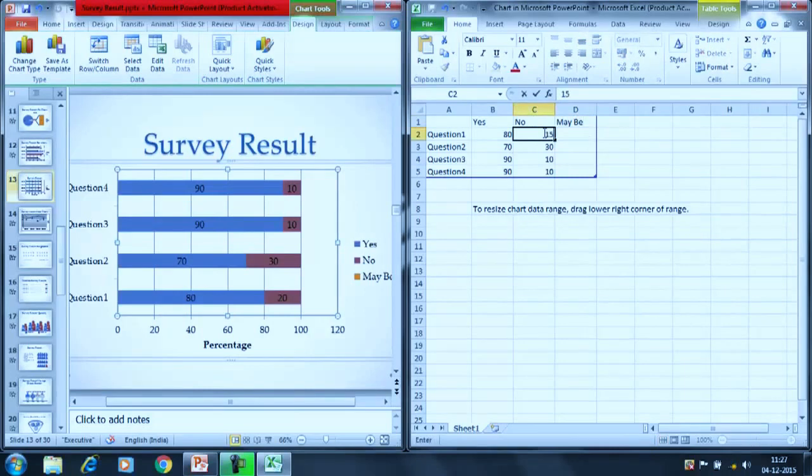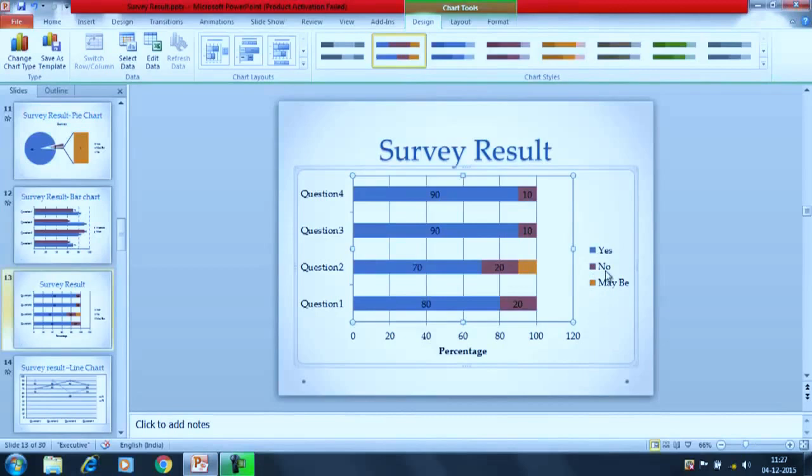You can reduce it or whatever, like let's say we enter 0 here. And that's it. Close the file now. So you have got the three statuses here, yes, no and maybe, and it's going to represent the values here.